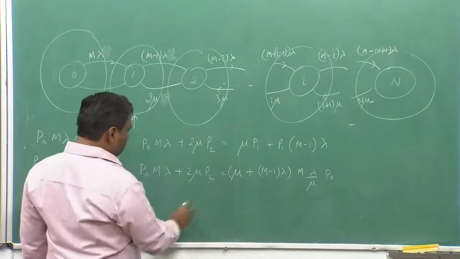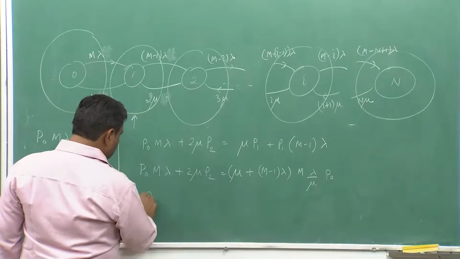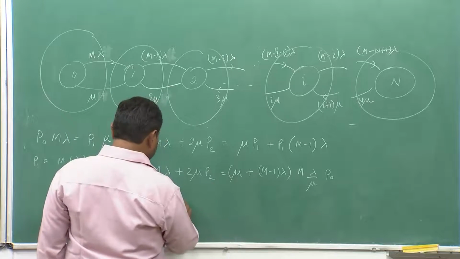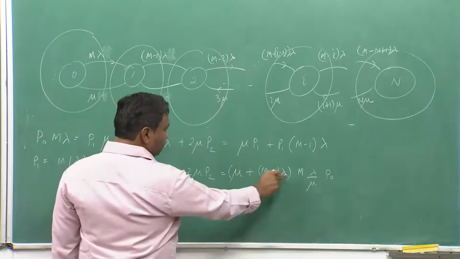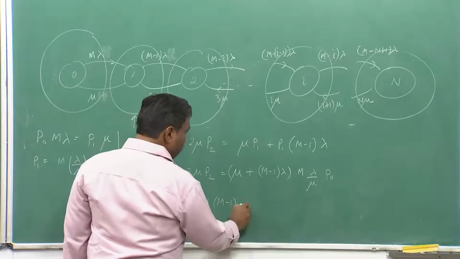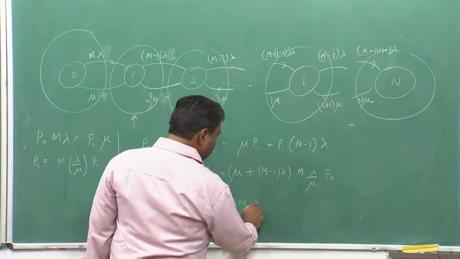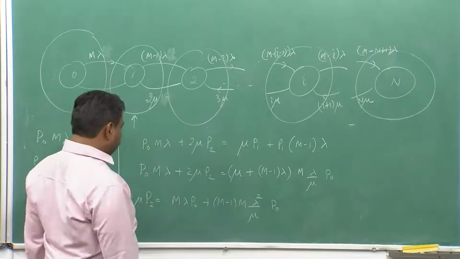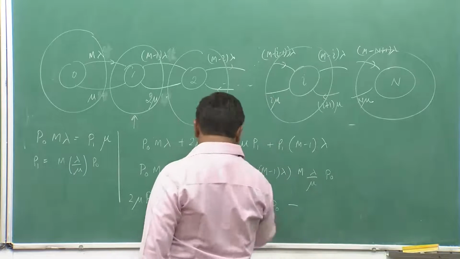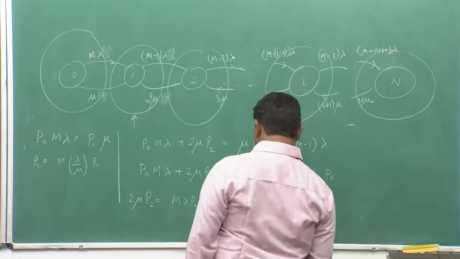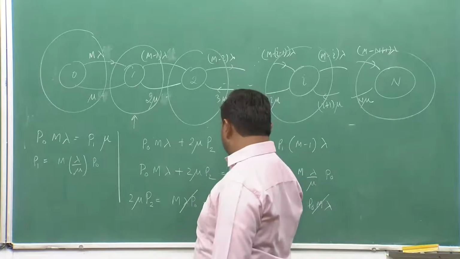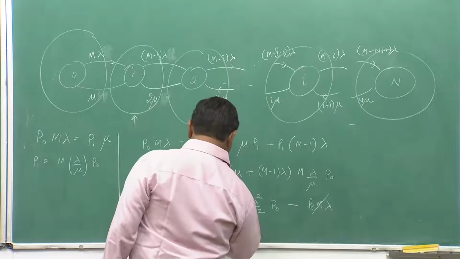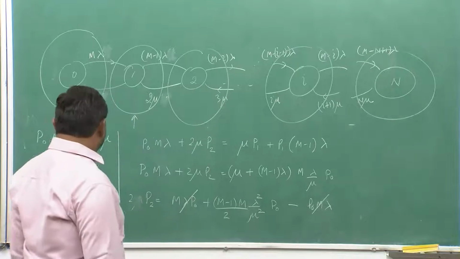So, this P0 also I need to move on that side. So, this will turn out to be m lambda P0. This term comes on this side, it will become P0 m lambda. So, this cancels with this and this mu will become mu square, this will be 2. So, ultimately you will have